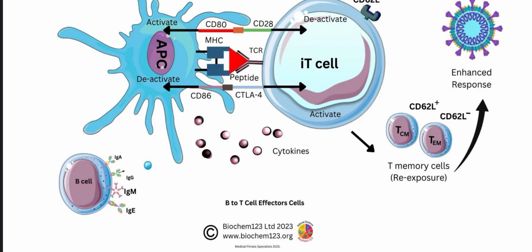Then recognition will be going on, and in the recognition process, the naive T cell binds to this complex using its specific T cell receptor. In process number 2, or we can say the co-stimulatory process or signal 2 processing, verification and CD signaling is going on. So in the verification process, the T cell requires a second confirmation signal to activate,